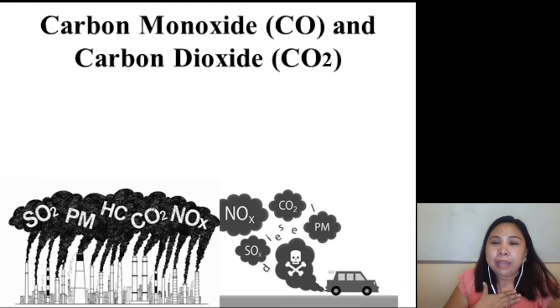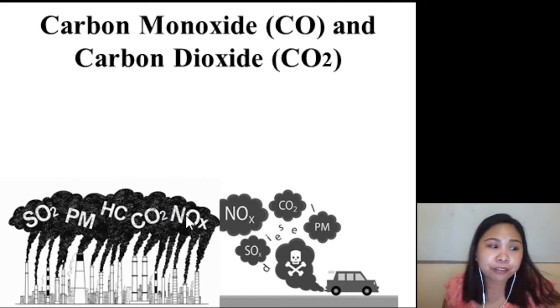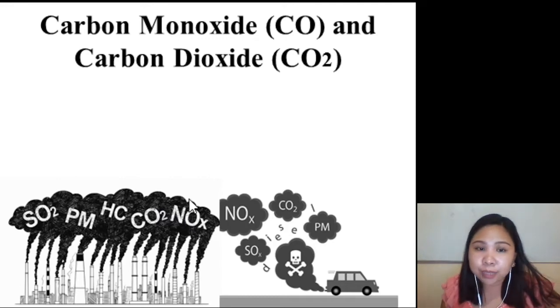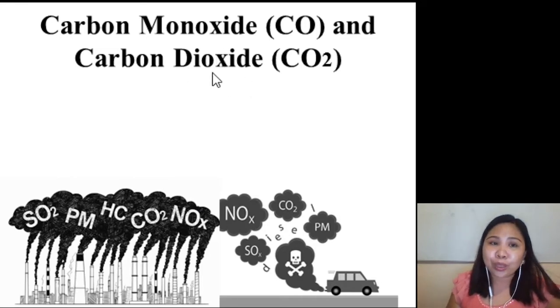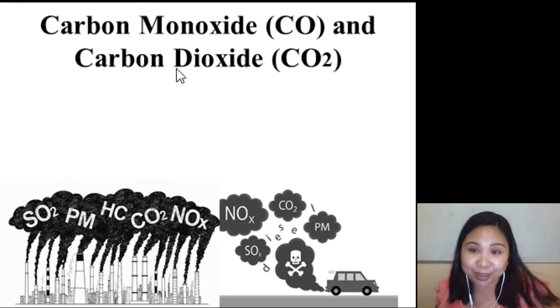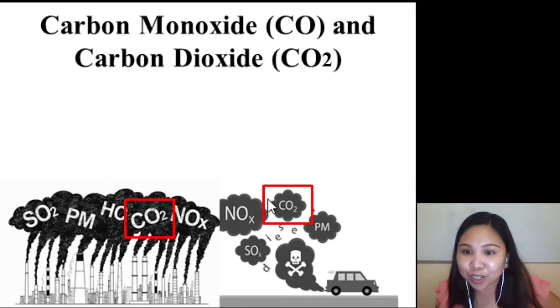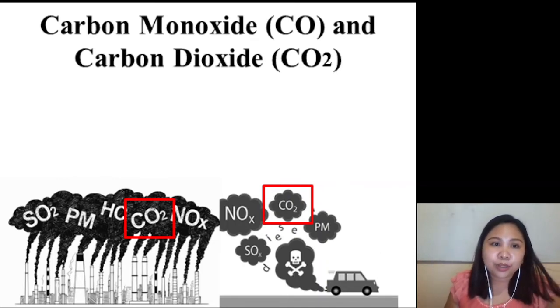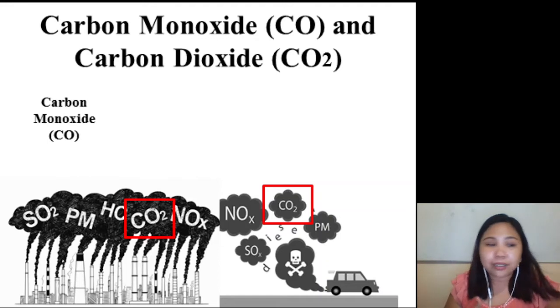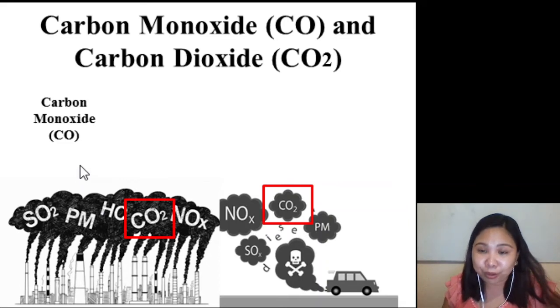another, ito yung sinasabi ko sa inyo na, ma'am, bakit po, 'di ba sabi niyo po, kasama sa pollutants ang carbon dioxide. Aside from siya ay greenhouse gas, bakit ma'am nakakasira siya sa ating atmosphere? So, ito yung kwento ng carbon monoxide tsaka carbon dioxide. So, whenever, ayan, so kita nyo to, this is carbon dioxide. Consider na din siya as pollutant. Okay? So, ito kasi nagkakaroon ng chemical reaction. Whenever we burn fossil fuels, di ba nagre-release tayo ng carbon monoxide.